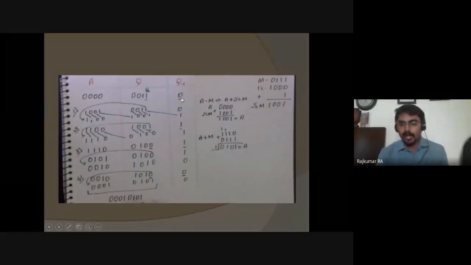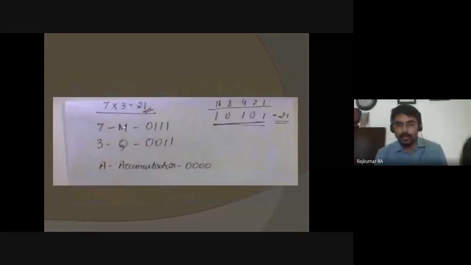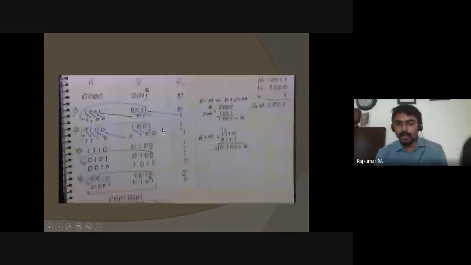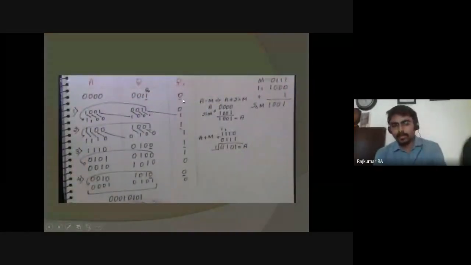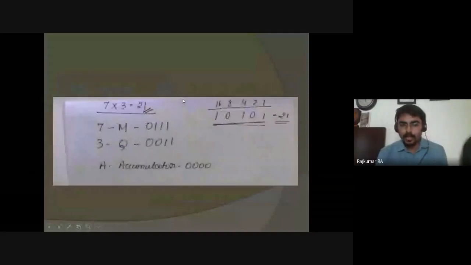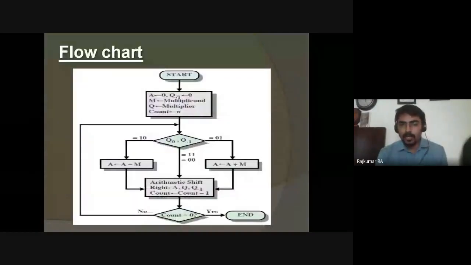Okay, now the m value we already know it. So m value is 0, 1, 1, 1. So 1, 0, 1, 1, 1, that's the m value. So from the algorithm, we have to compare with the q0, q minus 1. I mean the last right side digit of the q0, and there is only one value for q minus 1, and that q minus 1 will be